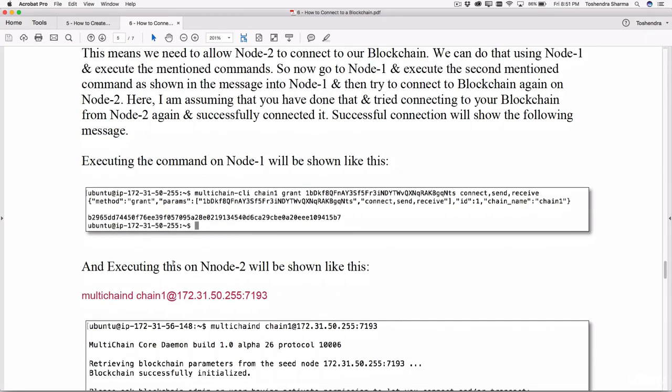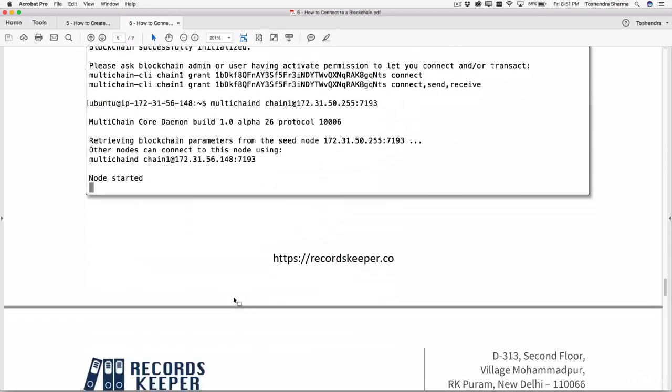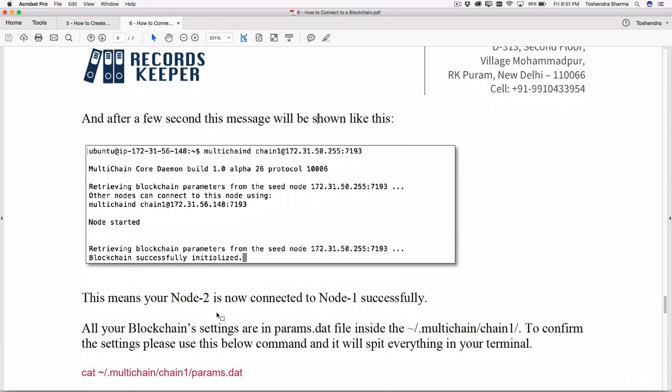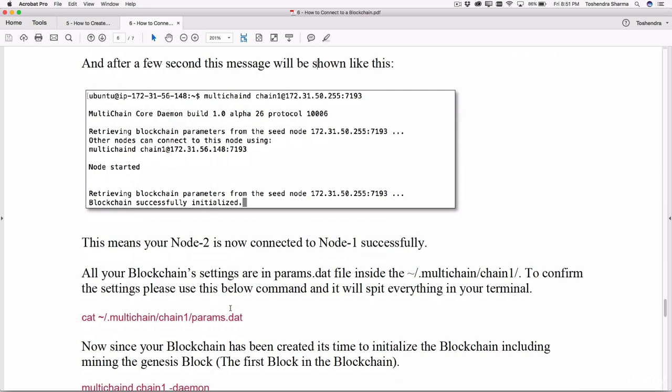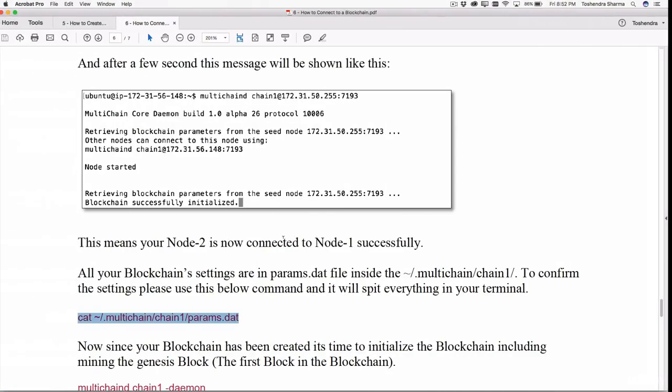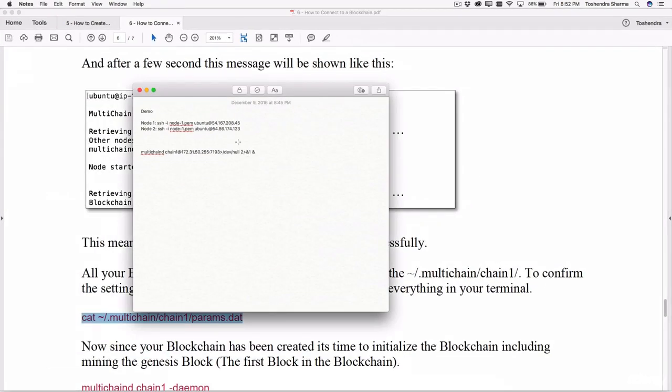We have done that, executing node 2. Connected already, node started. And you have to wait for a few seconds, and then you'll see the retrieving block parameter from seed node, and it will say blockchain successfully initialized. So if you go to this command, let me just open another tab for node 2. I need to copy the node 2 command. That's why I copied and pasted here. You can also create your own profile in SSH if you want, but just for saving time, I'm just doing this,